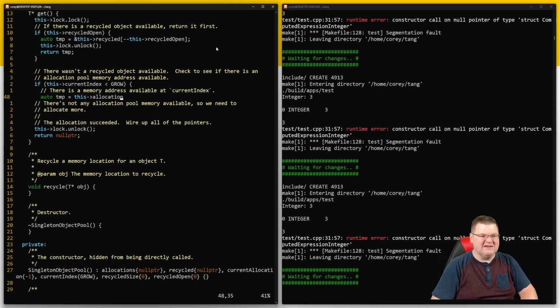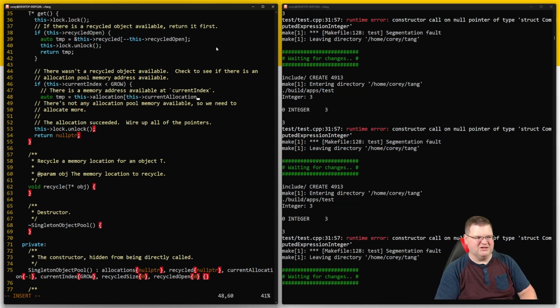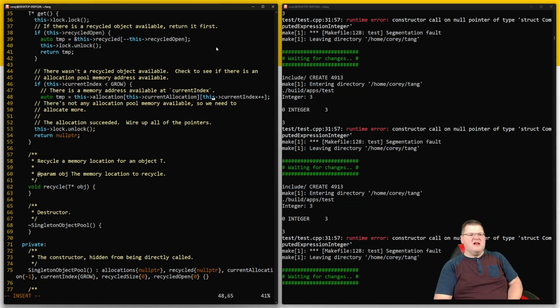So allocations is an array that's pointed to by this arrow, current allocation. Yes. This arrow, current index, plus plus. Is that right? Okay, so allocation is like my T star star, my array